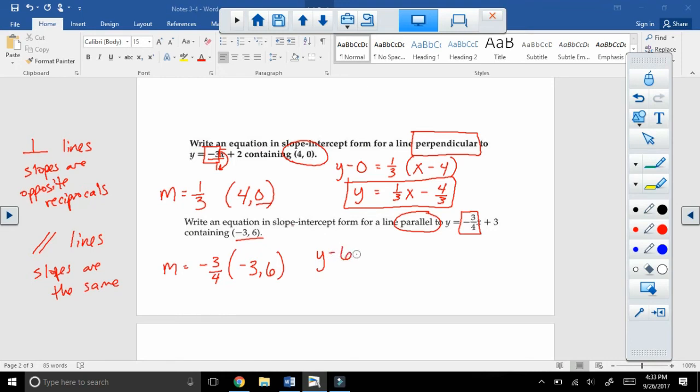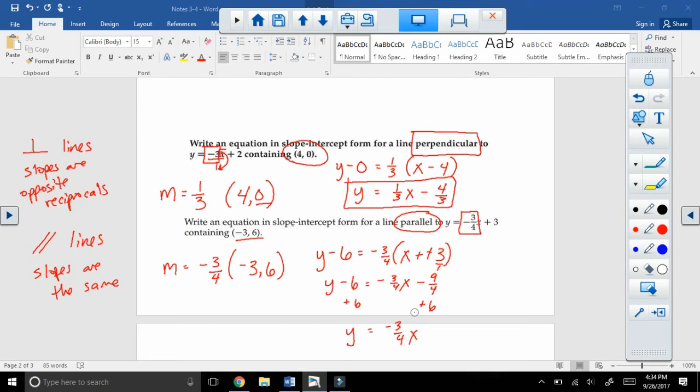So y minus the y value equals the slope times x minus the x value. And I got to add the opposite. This one here, I have a little more work to figure this out. I'm going to distribute that 3/4. And this is going to be -9/4. Remember, when you're multiplying fractions, you just multiply the numerators and the denominators together. Then I'm going to add 6 to each side. So y equals -3/4 x,